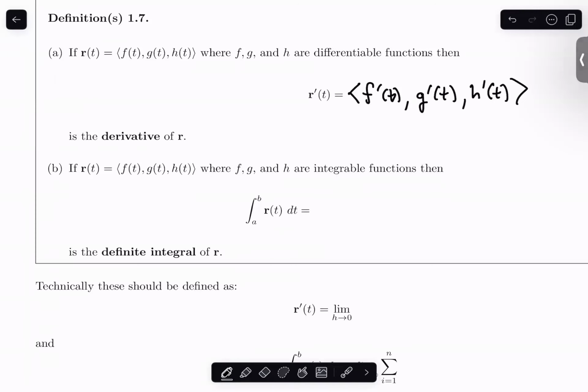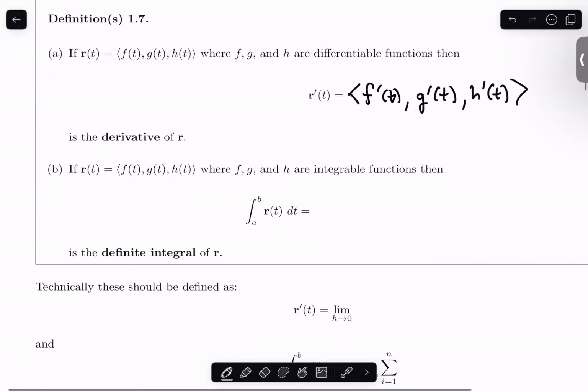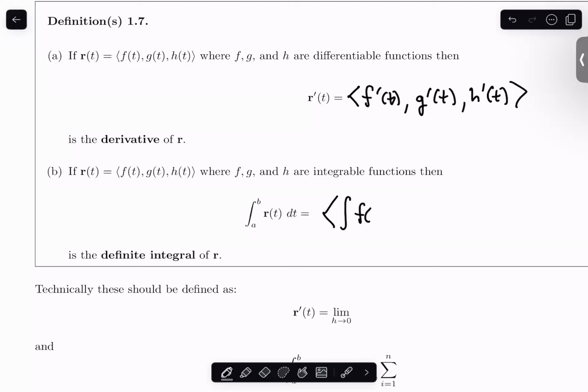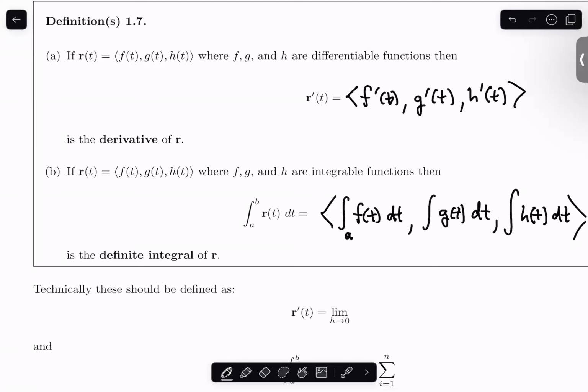Likewise, when you take integrals, you just go along and in each component, you integrate. Looks like this is a definite integral starting at A and ending at B. So that's what we do for each one of these. Again, your functions need to make sense. They need to be integrable in order to actually integrate them. But assuming that they're not some horribly nasty function,